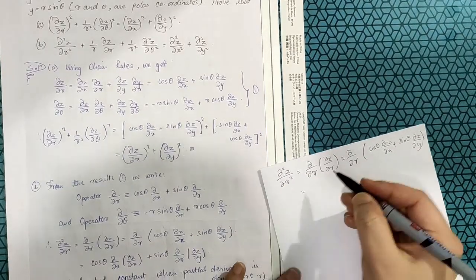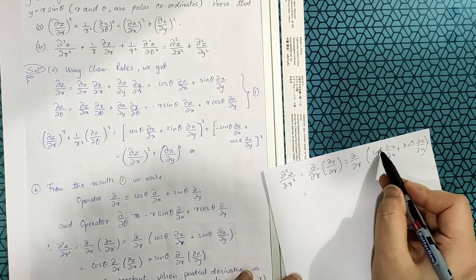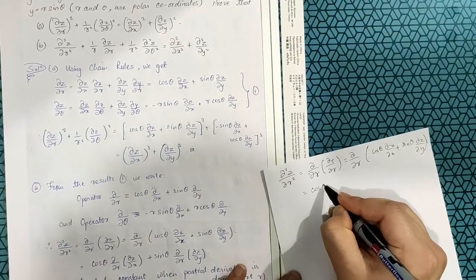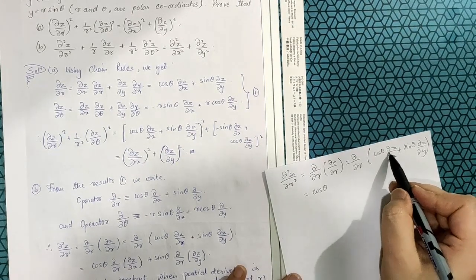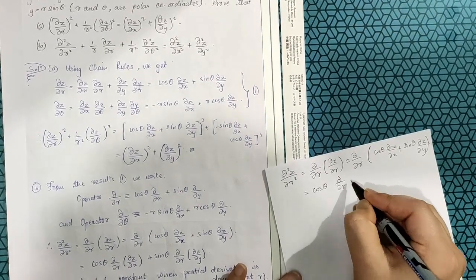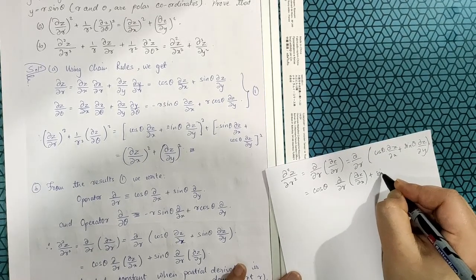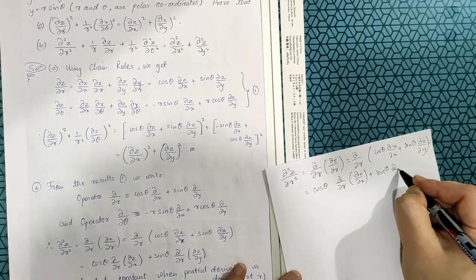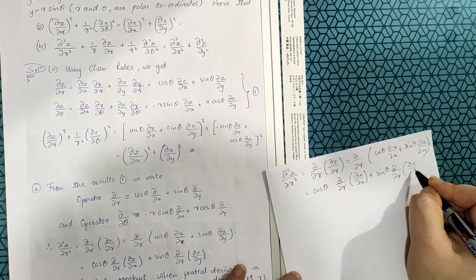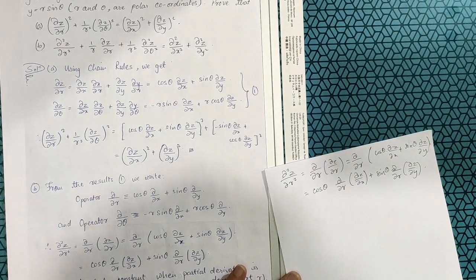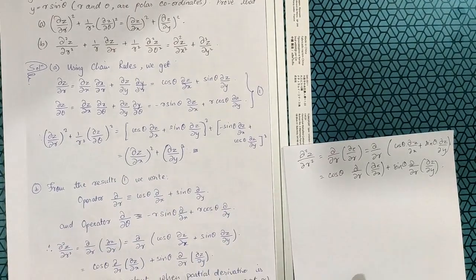Now let's see. So this is θ, so this is cos θ, and this will be ∂/∂r of ∂z/∂x, and again sin θ, it will be ∂/∂r of ∂z/∂y, as we need to take θ